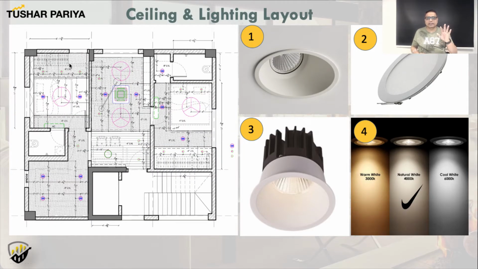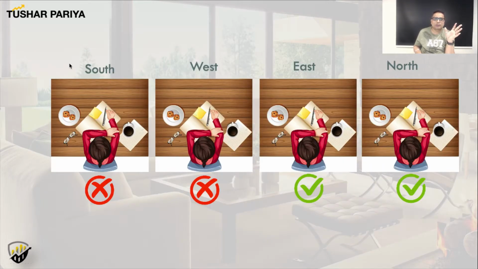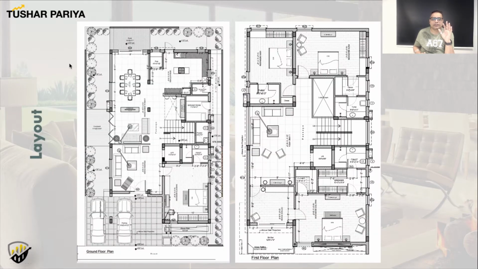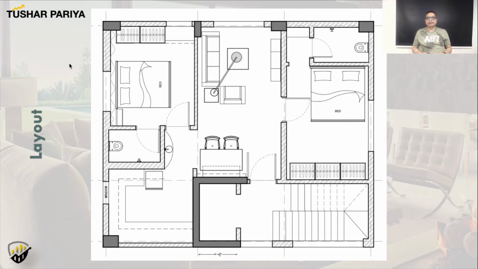Now this layout is of the same site. So if you remember, I showed you one small layout, right? I'll just go back to the previous one. Okay, this layout, right? So in this layout you saw, the entrance is at the bottom, and there's a TV unit, and dining as soon as you enter, on the left side. Extreme left top corner is the master bedroom. Extreme right corner is the washroom, and next to it there is a bed and wardrobe, and left side bottom is the kitchen. Now this same layout,